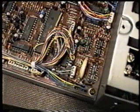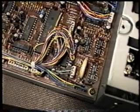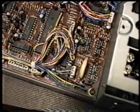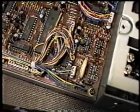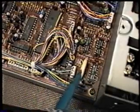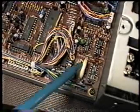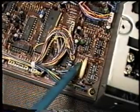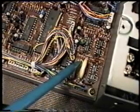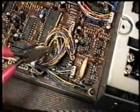All right, let's assume that the battery wasn't good, or that it was good and you just want to replace it because you happen to be doing some other work on the radio and the battery has been in there for more than 5 years, and you decide you just want to replace it to save having to do it later. And that's perfectly all right to do. So we're going to remove this, and this is soldered on these posts, and it's a little bit hard to get that out of there, because when we get this hot enough to remove the battery lead, we sometimes can pull the post right out of the PC board. So the best way to do this is just to take a pair of diagonal cutters and